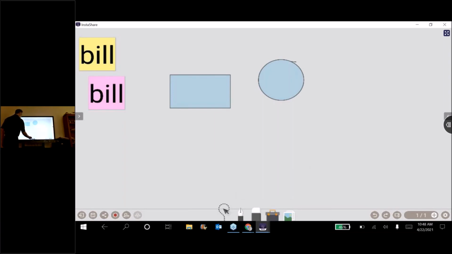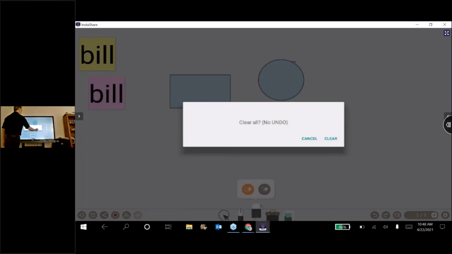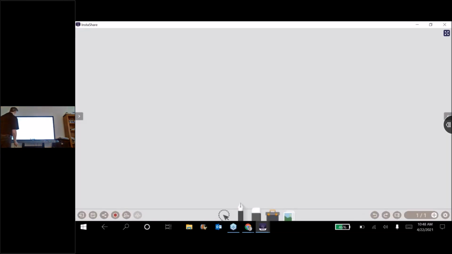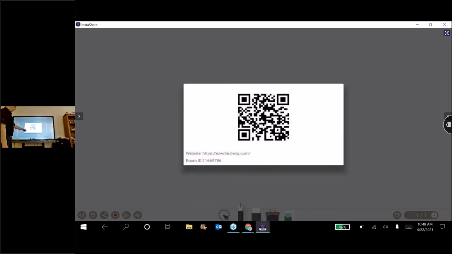So let me next show you broadcast, which people can join in on this one. If I hit the plus sign by the face, I can invite people to my room. Each panel is its own room ID, so you can communicate panel to panel, or panel to device. Anybody that has a phone can use their QR code reader and scan this, and it's going to let you